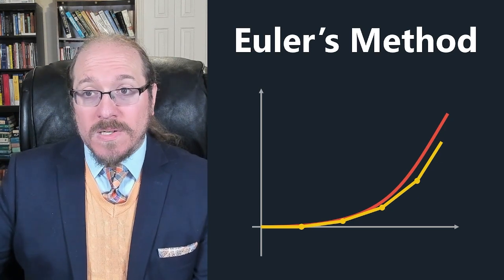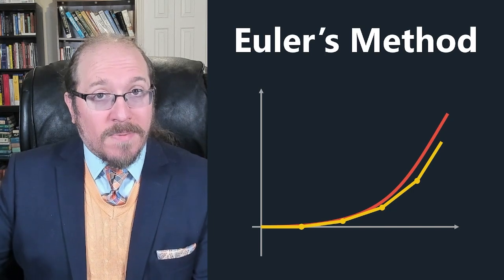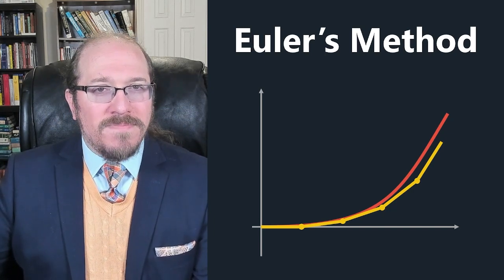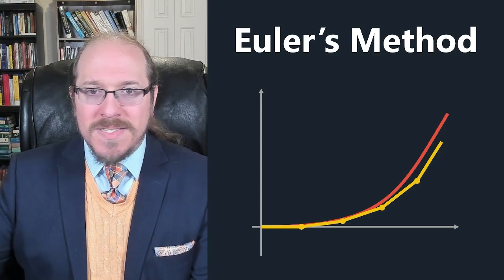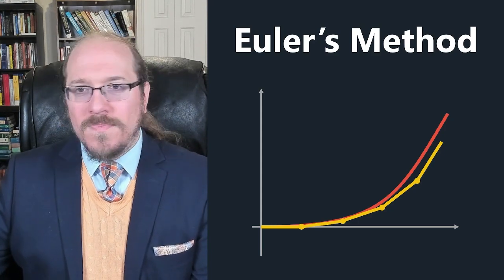And if you use a smaller time step, you get a finer and finer approximation, which, when you think about it, is kind of the entire idea behind calculus in the first place. So, differential equations make use of many of the things we've talked about so far. Derivatives that describe rates of change, differentials that describe small changes and how they relate to each other, and even linear approximations that let us pretend a complicated function is just linear, just for a moment, so we can forecast what happens next. Differential equations find uses in all different branches of science,